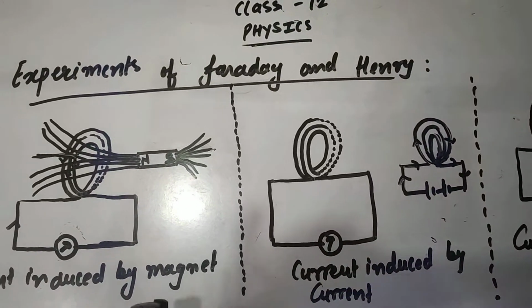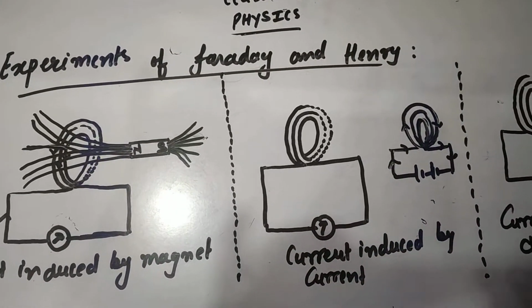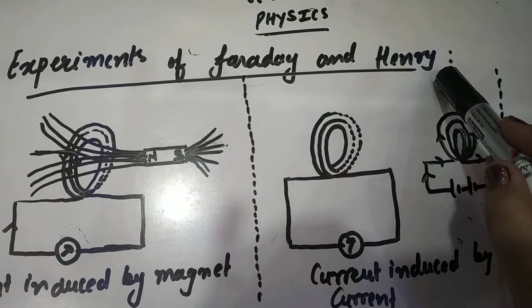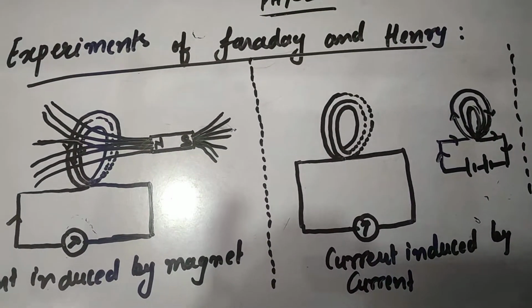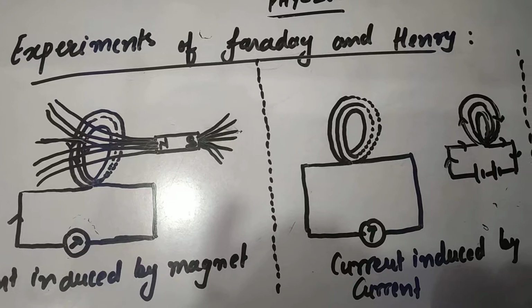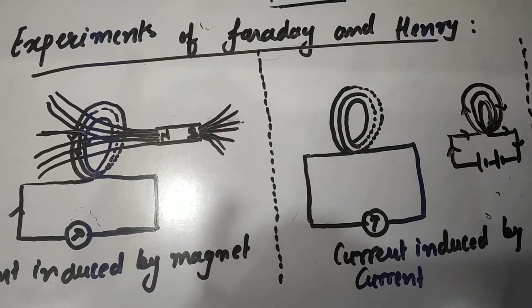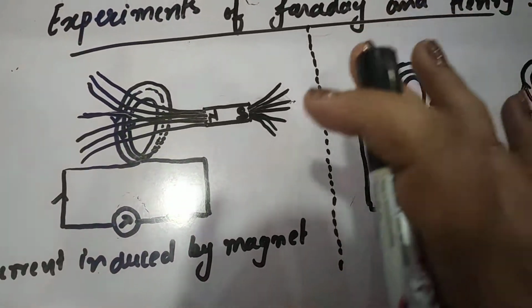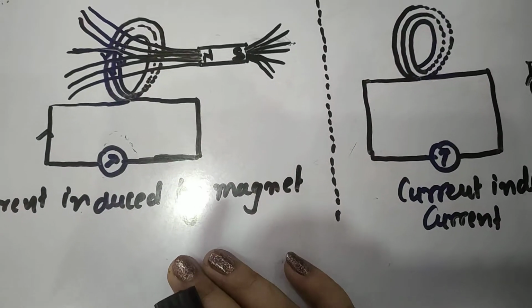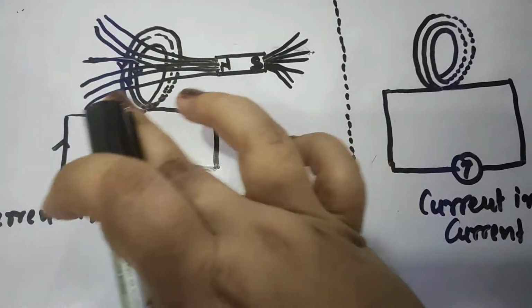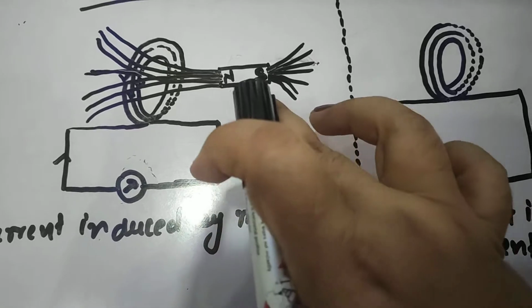Dear students, these are the three kinds of setups done by Faraday and Henry, which show how EMF or current can be induced. There are three different methods. Let's focus on the first one. Here you can see a coil which is connected to a galvanometer, and this is a